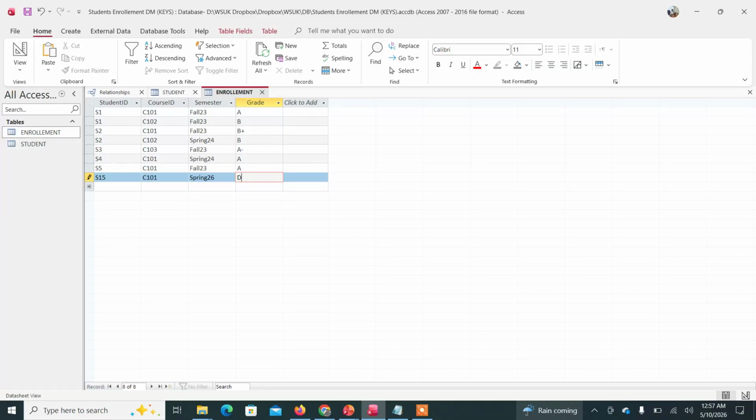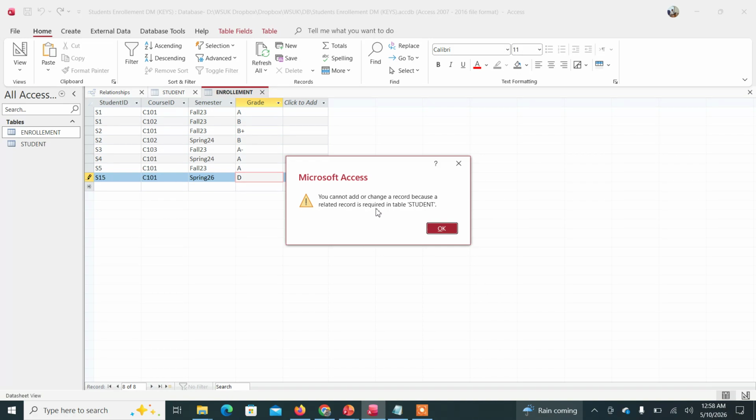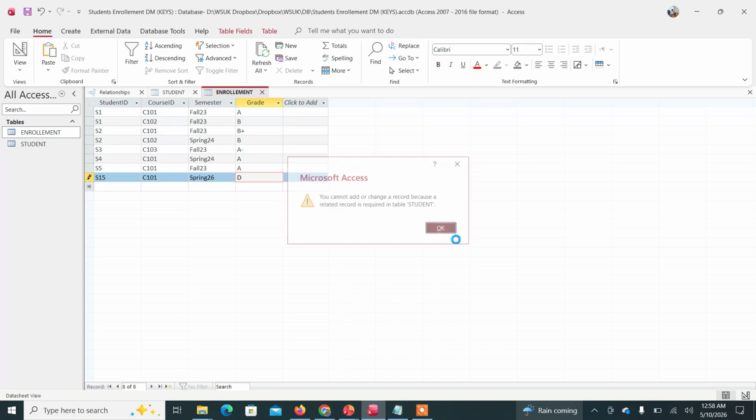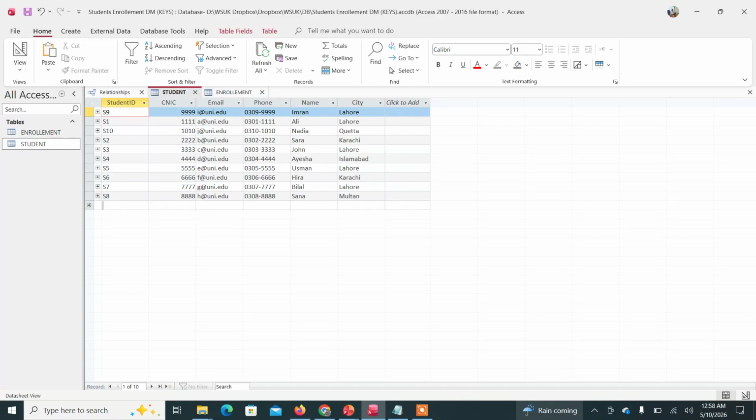So this will create an orphan record and will create an error. Now see that a related record is needed in the student table, so I cannot do it. But if I first go and add student number 15 in this table,